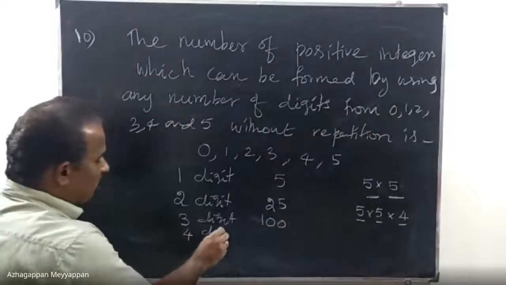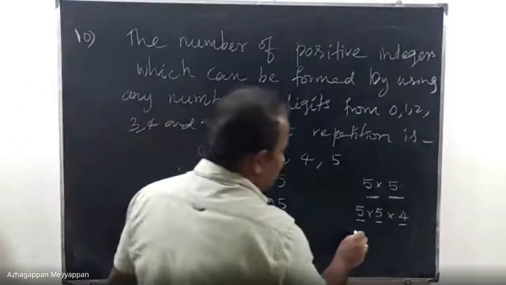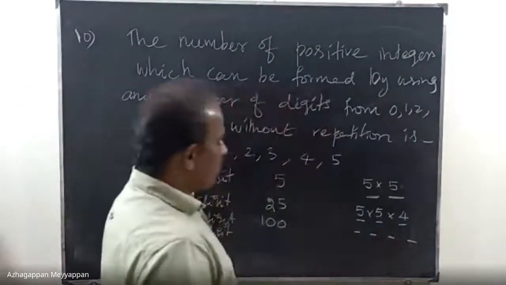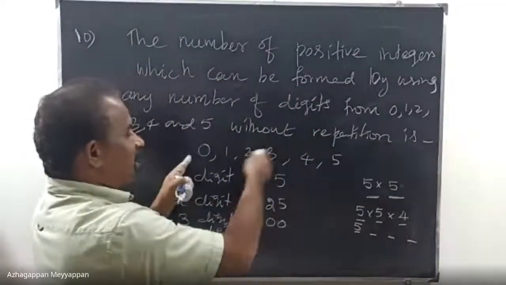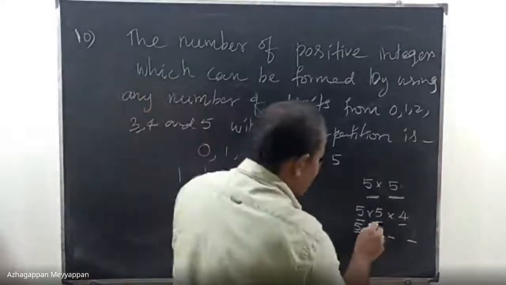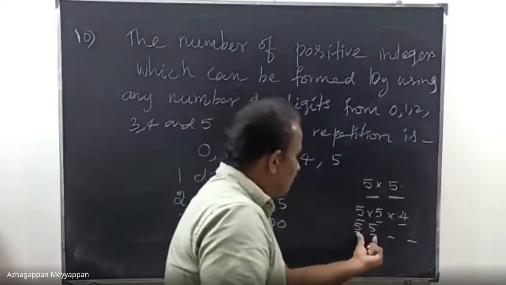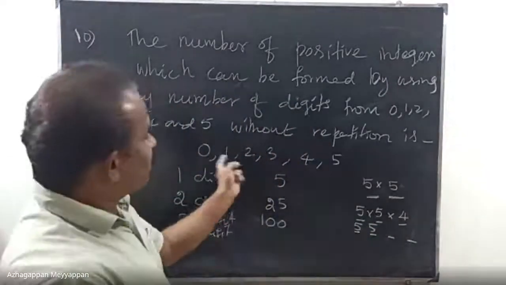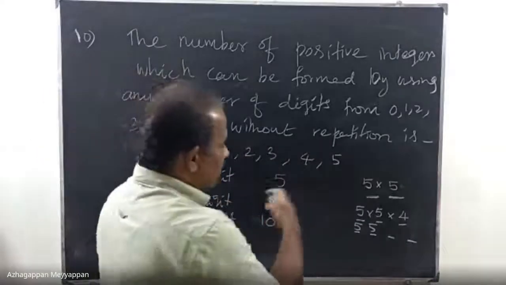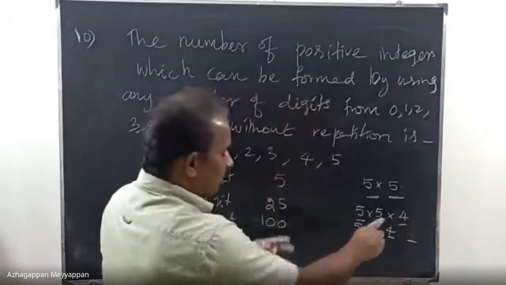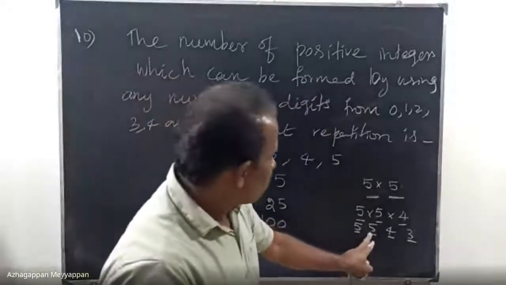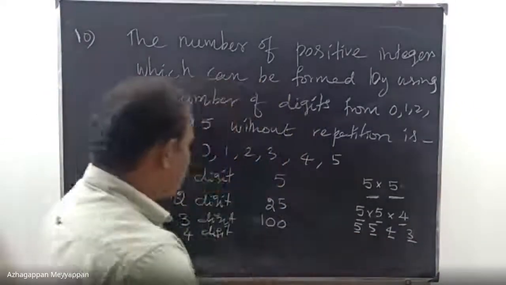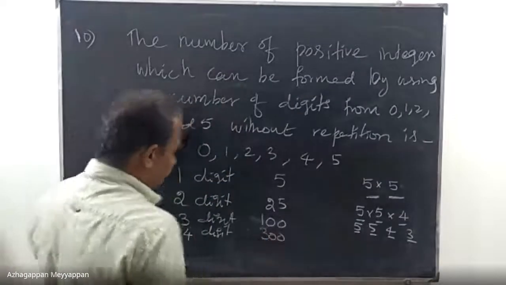Similarly, you have to calculate 4-digit number. 4-digit number in the sense there are 4. So first one is 5. Second one is also 5 because 6 minus 1 is 5. The remaining, the 2 already came here. Therefore, remaining 6 minus 2, 4 is remaining. Therefore, here is 4. Then 3 number appears again 3. So therefore, 25, 100, 300. So here is also 300.